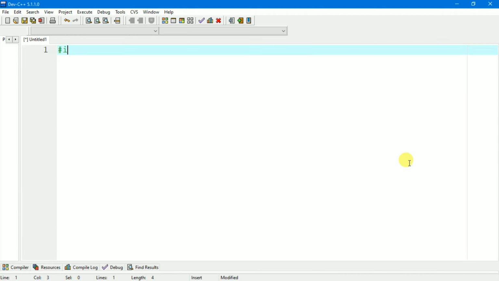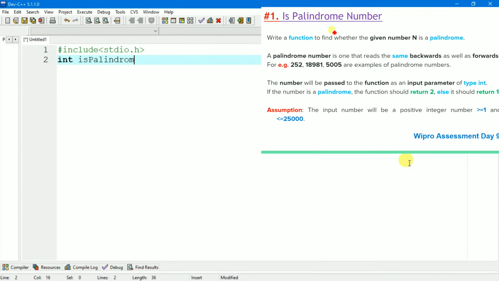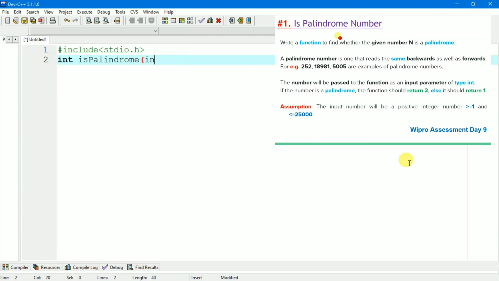Now, at first we will include header files, which is #include stdio.h. After that, we will declare a function, that is int isPalindrome, and we will pass one formal argument as input, that is input1.